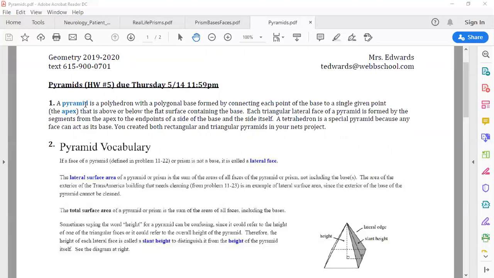Number one, it gives the definition of a pyramid, and you need to understand what a pyramid looks like. So in your book, when you did nets, you did a rectangular pyramid and a triangular pyramid. Triangular pyramid has a triangle as a base and then 3 sides. Rectangular or square pyramids have 4 sides, so they have 4 faces. So in this document, it highlights